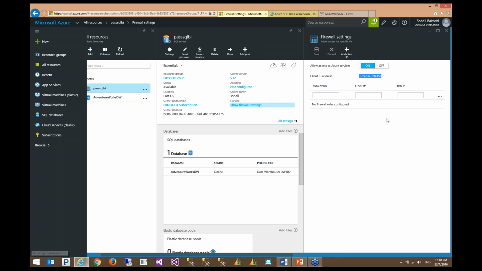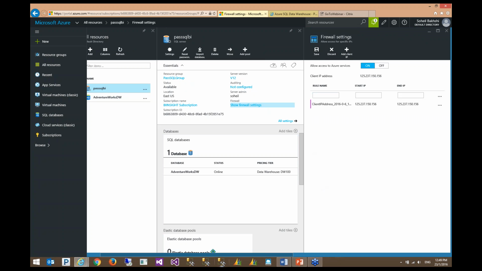If I want to add it from Azure Portal, I can click on Add IP Address, and then I can click on Save. This is the way that we can do it from Azure portal, but I promise you to show you how to do the same thing from Management Studio 2016.